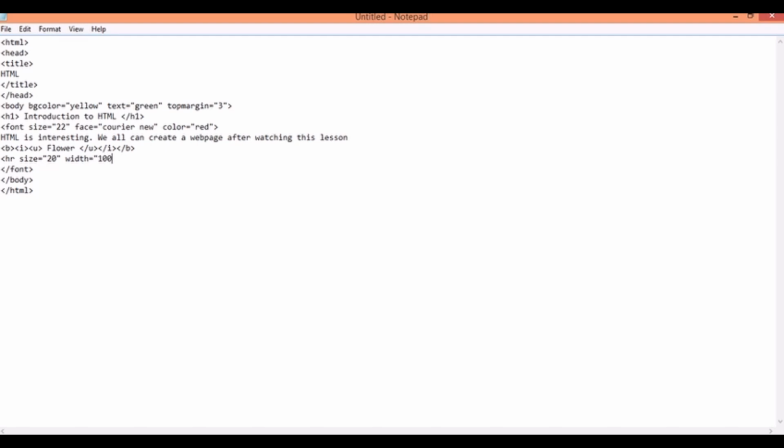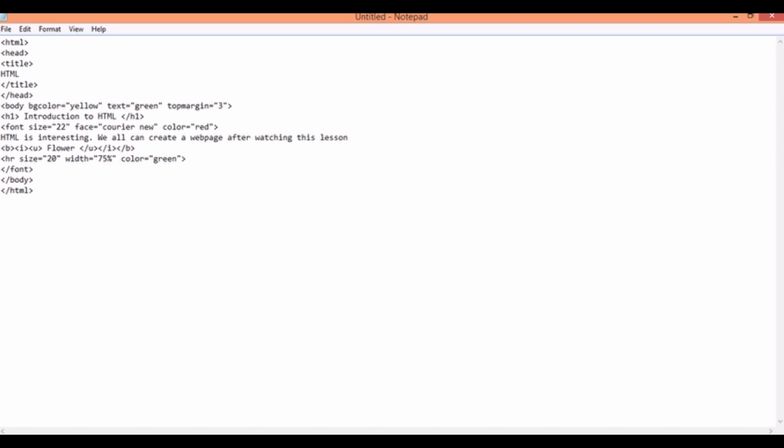So here let's set it as 100%, or say suppose 75% of the browser. And let's set the color of this as green. So since HR is an empty tag, we will not be closing the HR tag.